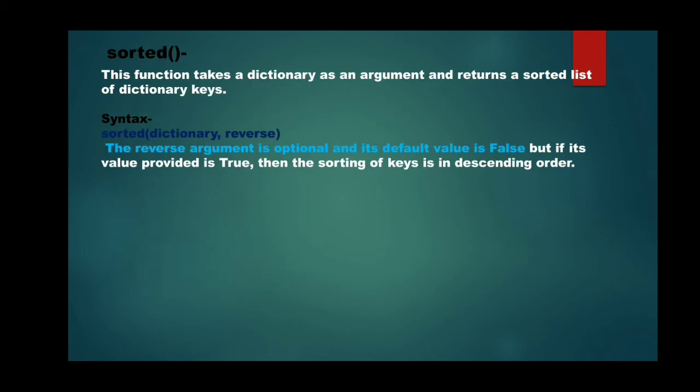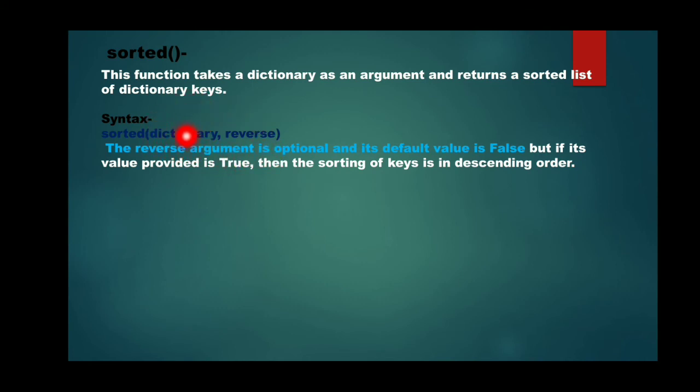Moving on to the next function, sorted. Now the sorted function is basically not a function of a dictionary. It is just like the len function, which can be applied to a dictionary, but is not considered a function of the dictionary. Right? This is simply used to sort the keys of the dictionary and return that sorted list of keys. It returns the answer in the form of a list, and that list will contain only the keys, not the values. So how is it written? Sorted, and within parentheses we write dictionary, comma, reverse.